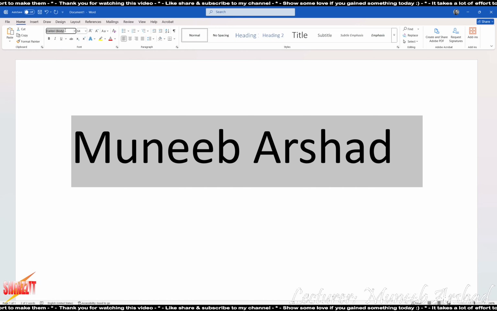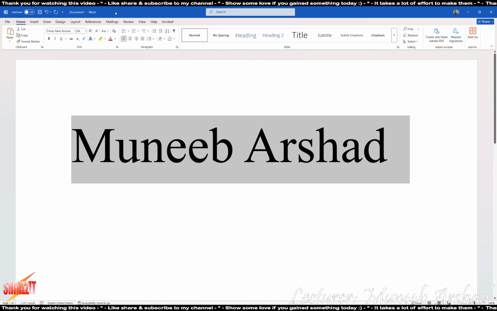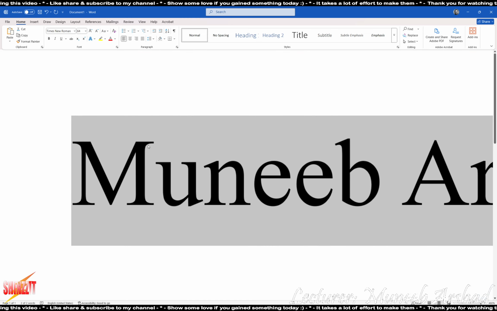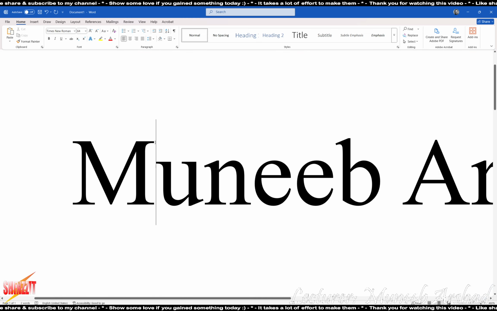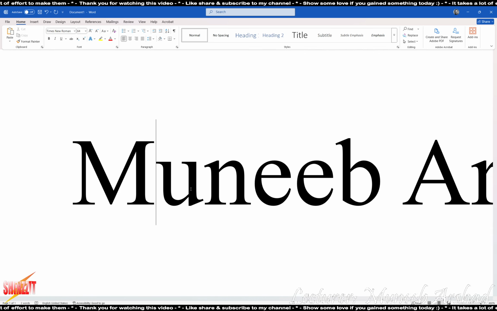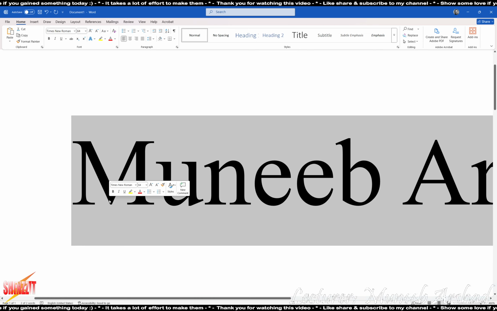So for instance, if I change this font to Times New Roman, if you look at these sections, this is an extension at the edges, at the corners, so every font has a different style. Any font which has extensions comes under the category of serif font because serif is actually an extension. Sans serif is without extensions. So जब आपको एग्जामिनर बोले कि serif font करना है, तो the recommended and the suggested